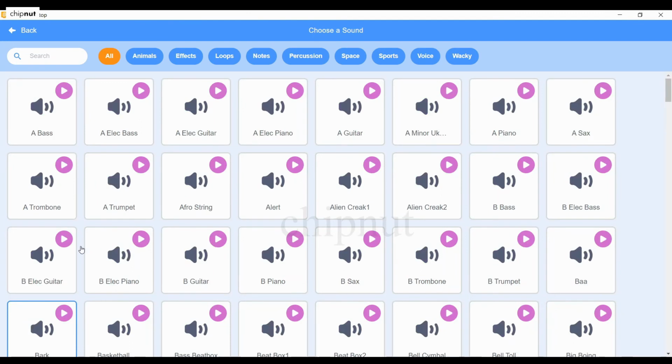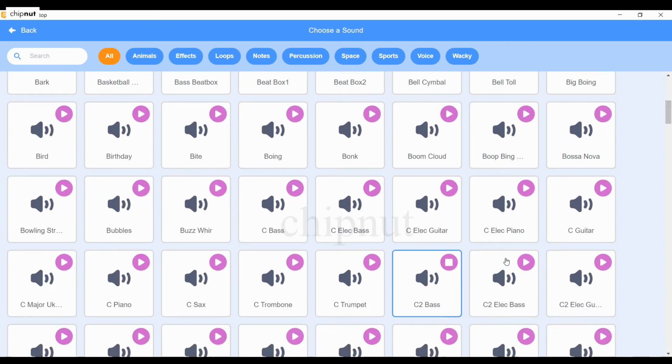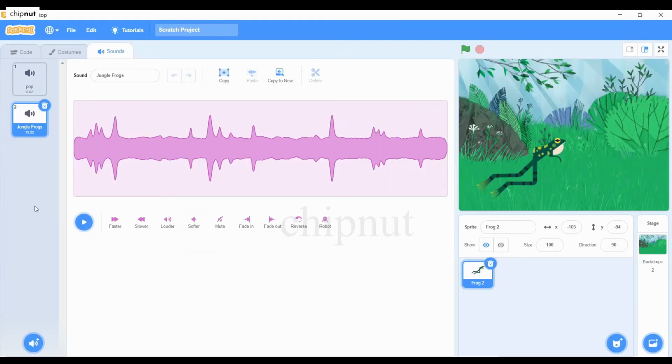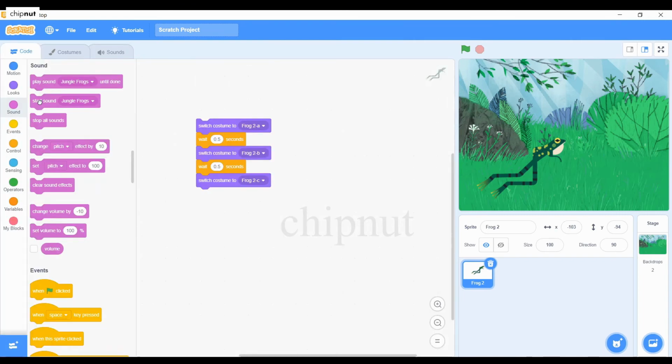You can see different sounds here. Keep the cursor on the play button to hear the sound. Then select Jungle Frog sound. Click on the instruction set to observe.